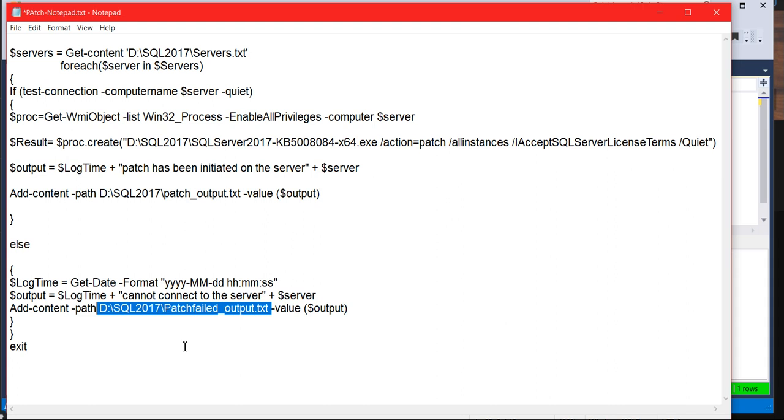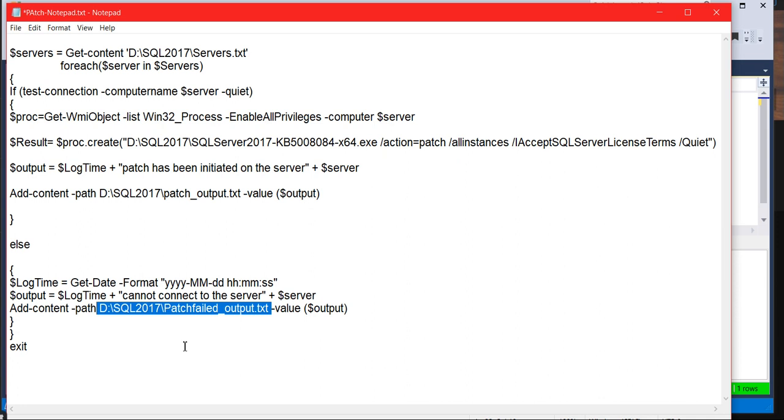You can also utilize it, and you can initiate this test process firstly for the dev environment, and once dev is successful, then you can go with production. Okay, so this is the automation process for how to patch multiple servers in one initiative.